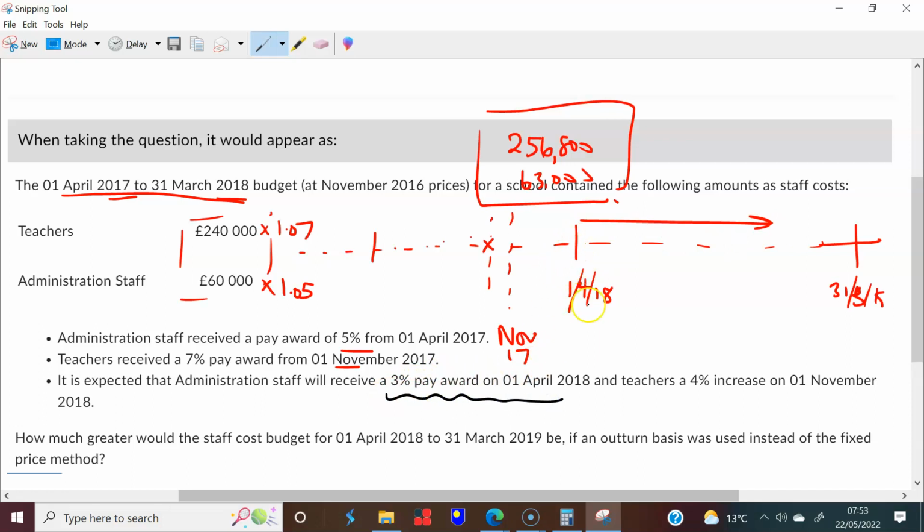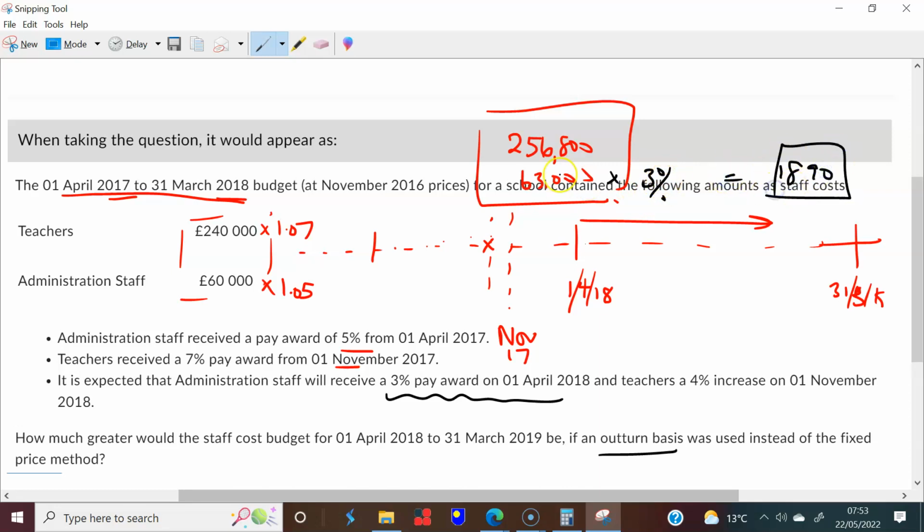So if you wanted to do that, that's the outturn method, if you want to go with that. So we should also include that possibility. So this 3% that's being applied to admin staff is sort of saying, listen, we would also be increasing this by 3%. So that is the addition. That's what this question is really asking. This question is really asking, well, what is that 3%? And so that 3%, if you look at it, is